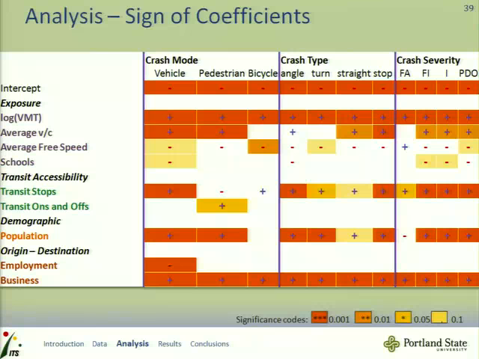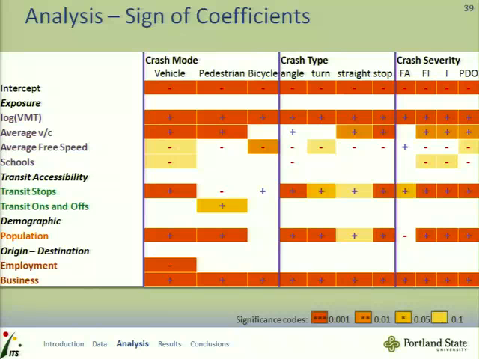The V over C ratio was significant in vehicle and pedestrian, but not in bike crashes, which is a little bit surprising because if you look right below that, average free speed was significant for bikes, whereas it wasn't for peds. Kind of wonder what's going on there, but one thought might be that bikes try to avoid areas that have high congestion, so they might avoid the high V over C areas, and they also might avoid high-speed streets. But since this study only included auto infrastructure rather than bike, we don't really have a way to separate that out.